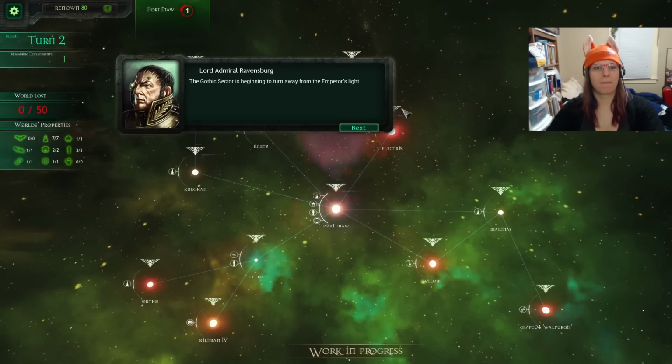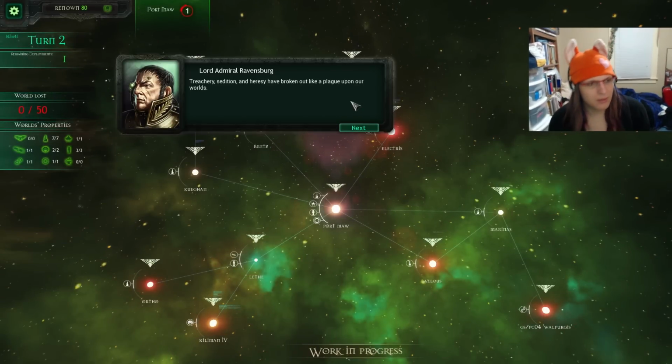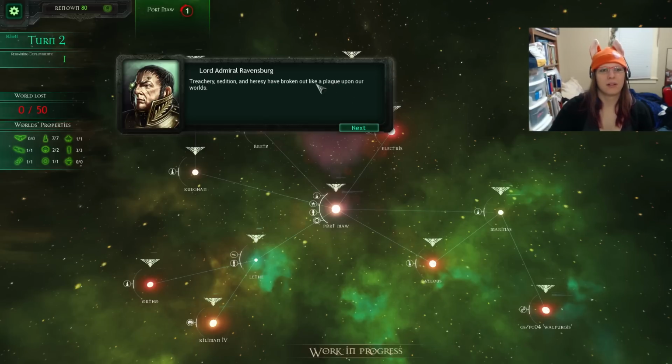The Gothic sector is beginning to turn away from the Emperor's light. Treachery, sedition, and heresy have broken out like a plague upon our worlds. Admiral Spire, your new rank entitles you to command a small fleet of Imperial...